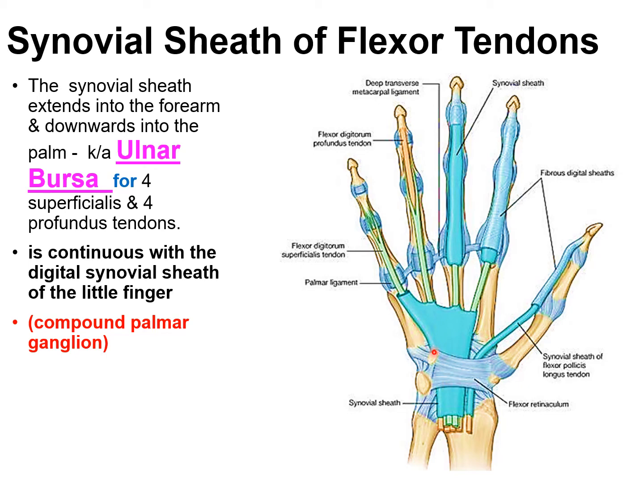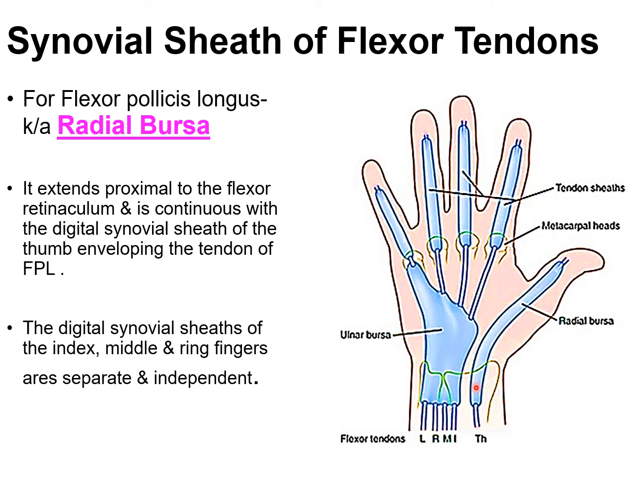The medial part of the ulnar bursa or the sheath extends distally without interruption on the tendon of the little finger, and the lateral part of the sheath stops in the middle of the palm. The synovial sheath of the tendon of flexor pollicis longus, also known as the radial bursa, is usually separate, but it may communicate with the common sheath behind the retinaculum. Superiorly, it is coextensive with the common sheath, and inferiorly, it extends up to the distal phalanx of thumb.